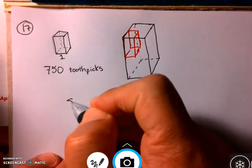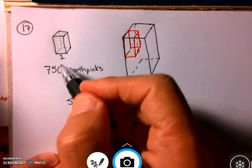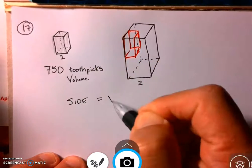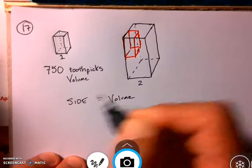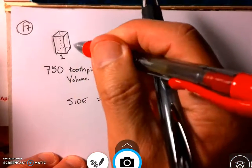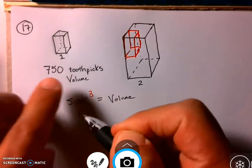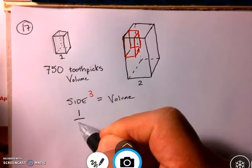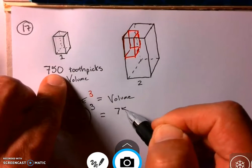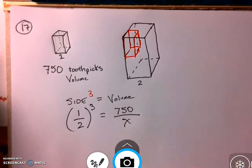You would compare the side ratio. We are going to make it equal to, and when you talk about space inside where all the toothpicks are, this is really talking about the volume. And so we are going to compare that to the volume ratio. Now before you say that the sides are equal to the volume, you must cube it: 1 way, 2 ways, 3 ways. It's going to be doubled in 3 dimensions. So we can say 1 inch on the small, 2 inches on the big, and we're going to cube that